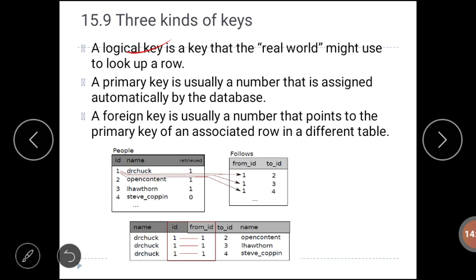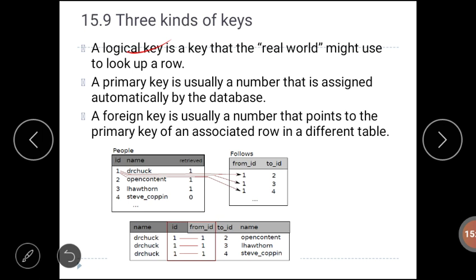A logical key is a key that the real world might use to look up a row. It defines the relationship between primary key and foreign keys. Most of the time, a unique constraint is added to a logical key. Since the logical key is how we look up a row from the outside world, it makes little sense to allow multiple rows with the same value in the table.